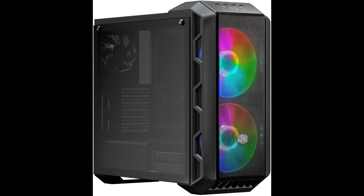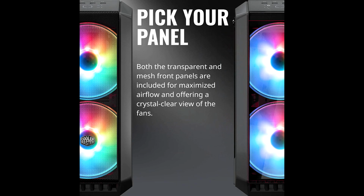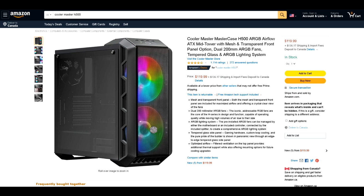aesthetically. Now, I'm an airflow kind of guy. If there's a case that provides a lot of airflow to help keep thermals, I don't care what it looks like, but it's not like I totally ignore how something will look and want the trashiest part. So with all that said, I went with the Cooler Master H500 RGB. Now, this isn't the nicest looking case, but the reason why I chose it is because it can easily support all of our components, and it comes with these two giant 200mm fans, which will provide lots of airflow throughout